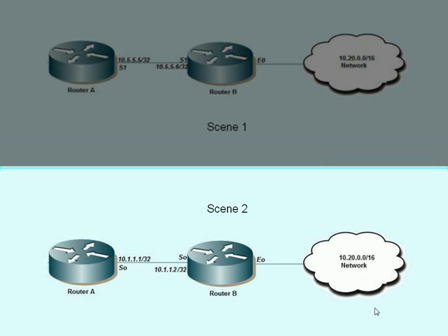10.5.5.6/32. The second scenario pictorially appears to be the same as the first one, except that we now establish an E1 line between router A and B via interface serial 0. The address assigned to that interface is